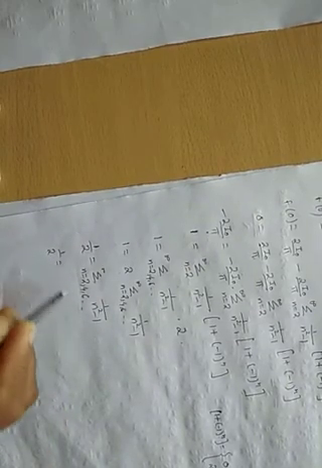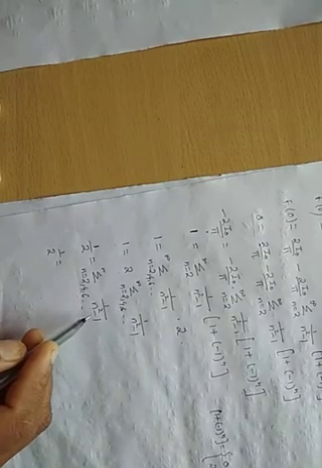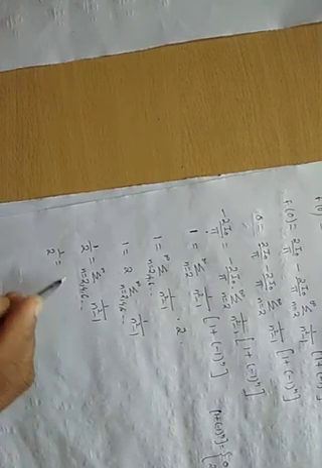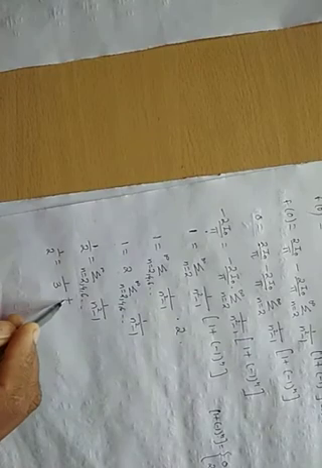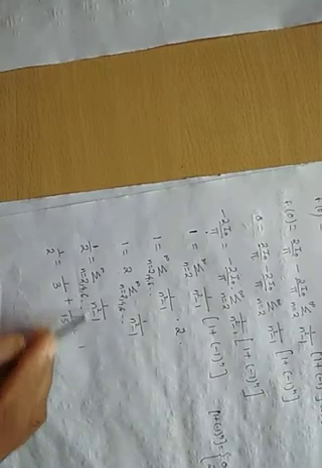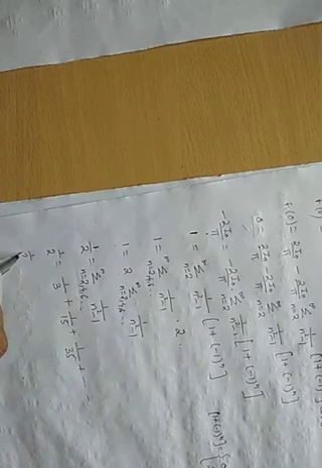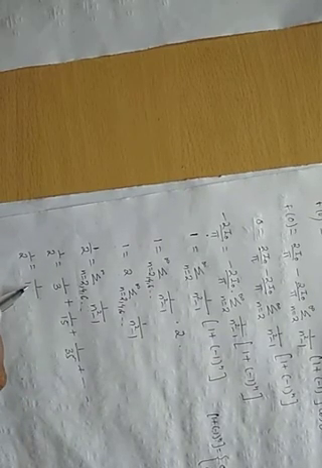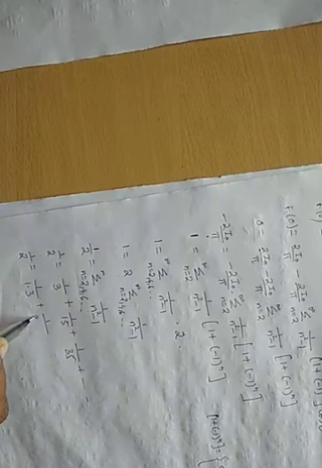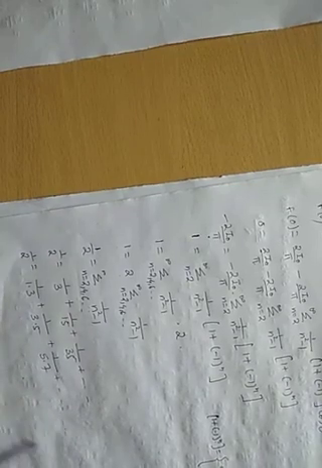Now try to split the summation by substituting 2, 4, 6. So when you substitute 2, this will become 2 square, it is 4, 4 minus 1 it is 3. So this will become 1 upon 3 plus 4 square it is 16, 16 minus 1 it is 15, plus 6 square it is 36, 36 minus 1 it is 35, plus so on. If you want in our required form, try to write this 3 as 1 into 3. Then 15 you write as 3 into 5. 35 you write as 5 into 7, plus so on. Hence the required deduction. This is a very important problem from the exam point of view. Thank you.